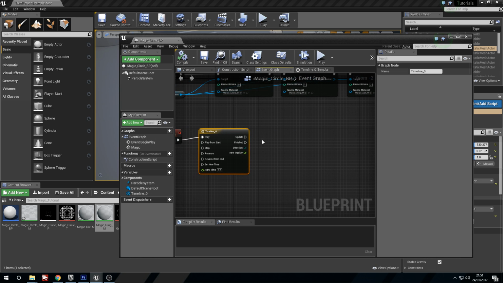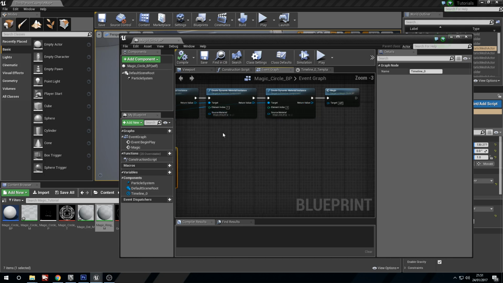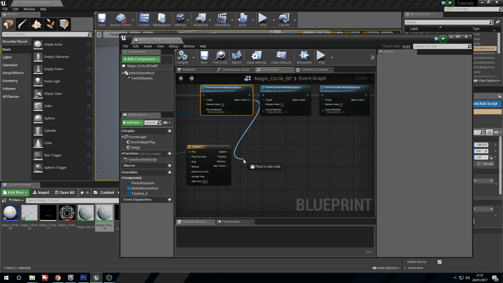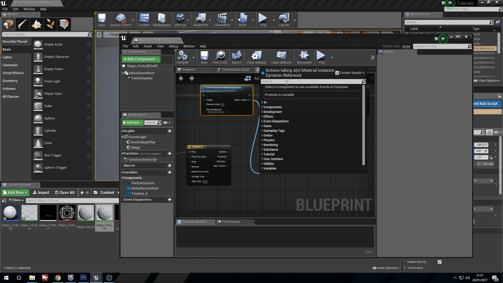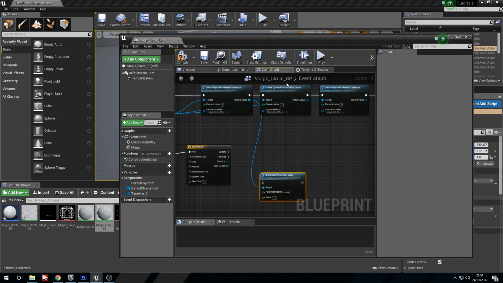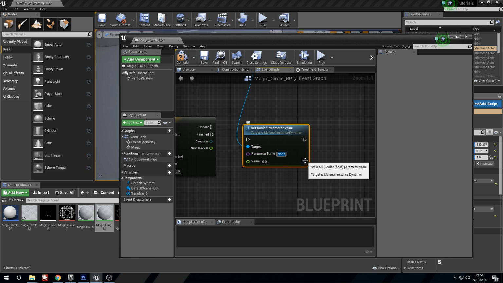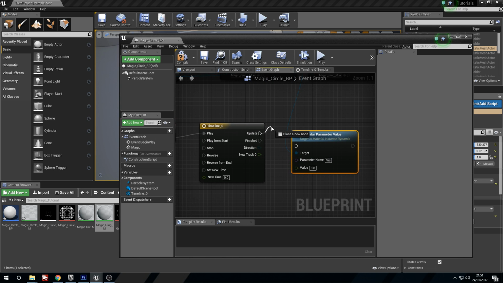What we're now going to do is drag from the return value and choose set scalar parameter value. Now the parameter name, we called it viz, which was the scalar parameter that we created by holding S. Take the update pin, plug this into the set scalar parameter, and then the track that we made into the